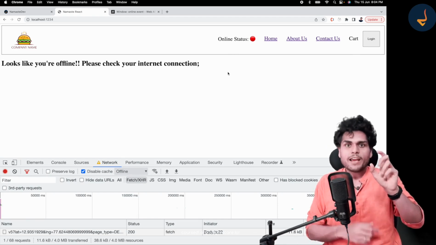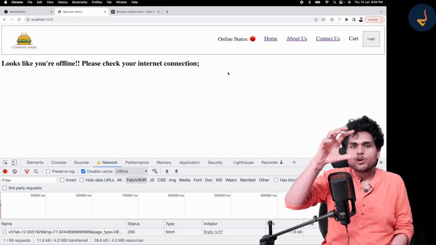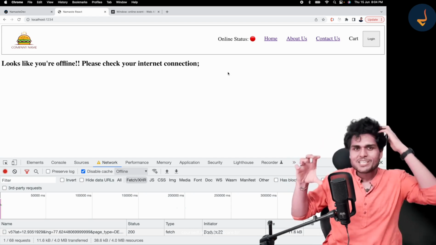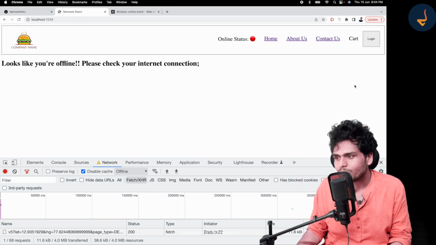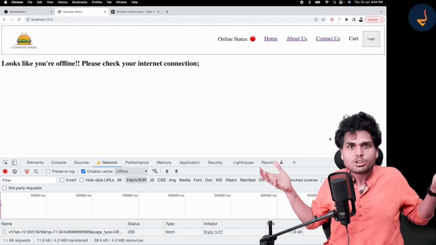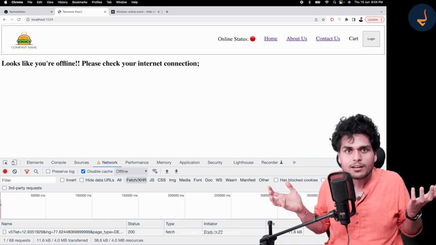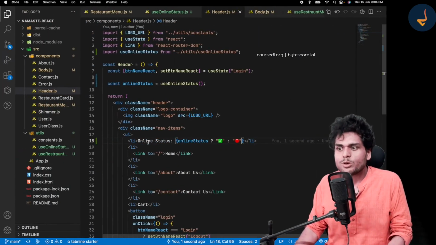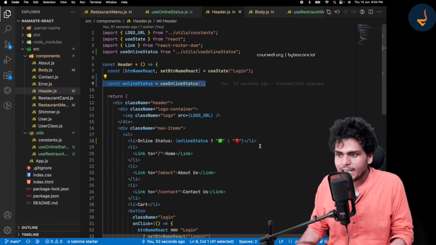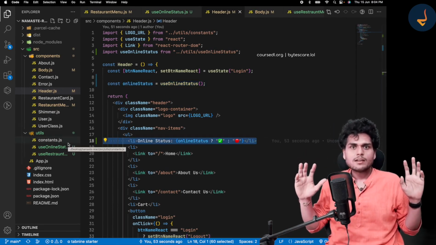Now you know, if you want to create a chat application, you must have seen facebook.com, you have a chat window on the bottom right hand side, and you show that online offline status. You can show it like this. You can create your own custom hook. And see how easy it is to use. Just one line, two lines, and we can show this online offline status.